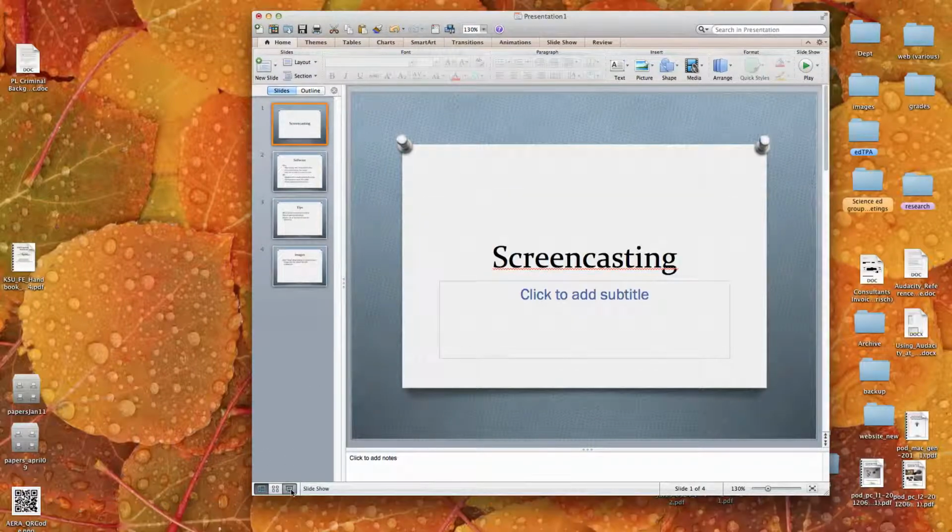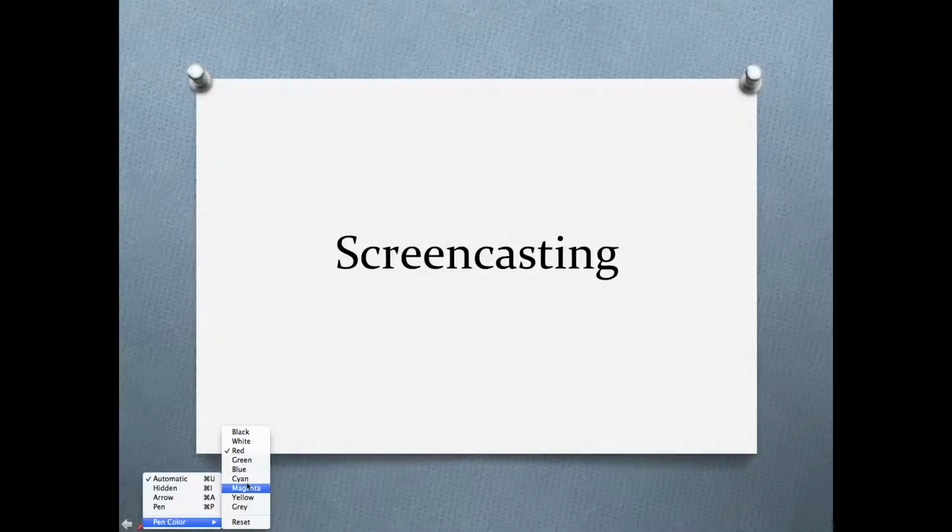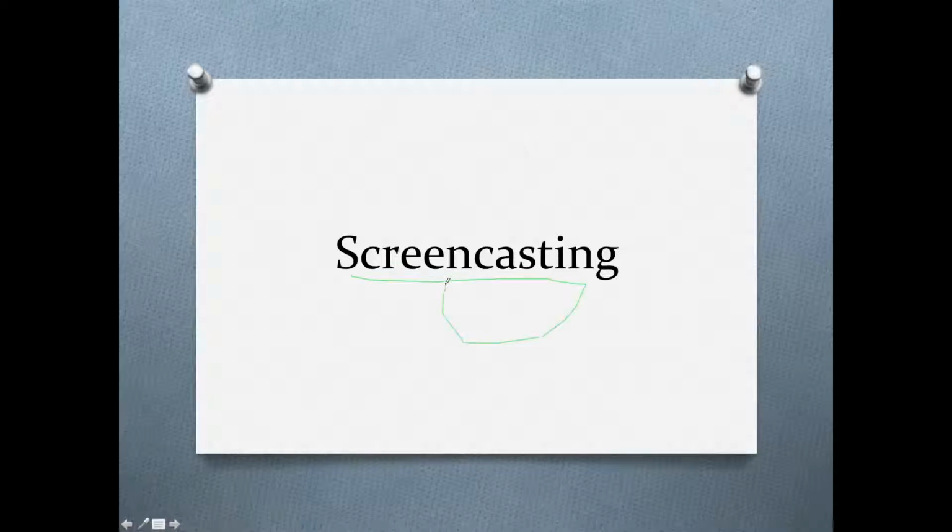Okay, so first we're just going to activate our screencast. So you can see here I have my lovely screencast. One of the things you will note is that on PowerPoint, you know how you can write on PowerPoint slides. This can be really helpful when you're doing a screencast because then you can pick a pen color and you can write as you go. So if you wanted to do some math or draw some diagrams of teeter-totter or whatever, then you can add those while you're talking,